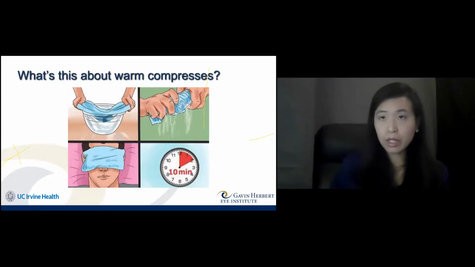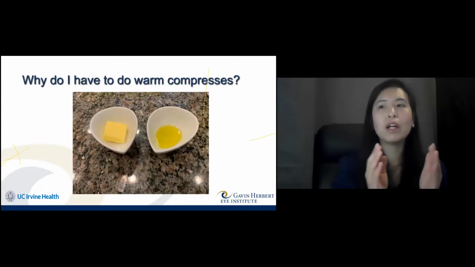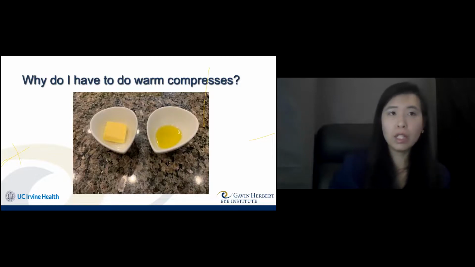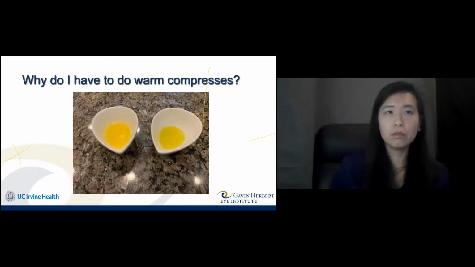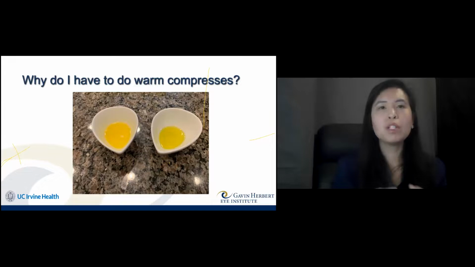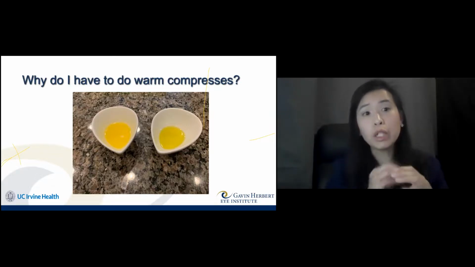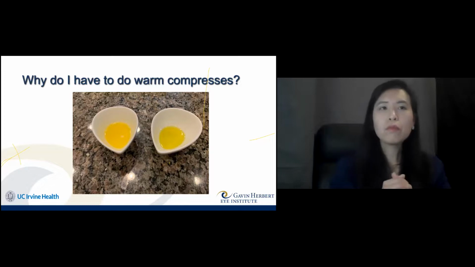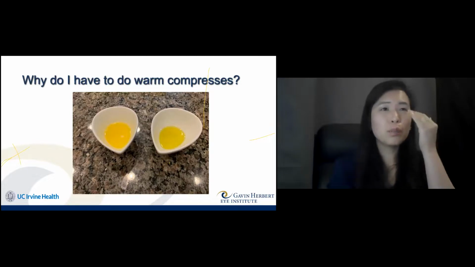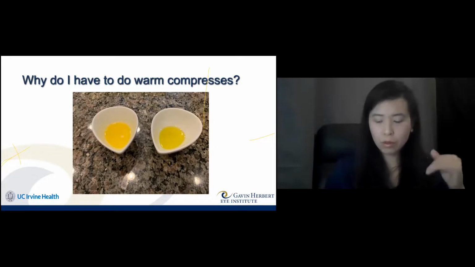But why are we doing this? Remember I showed you this before, that you want olive oil, but some of you have butter. So how can I make that butter more like the olive oil? You heat it, right? That's a simple concept. That is why we're doing the warm compress, but also the warmth opens up the opening of the ducts that bring the tears out. So it's doing both things. The warm compresses also loosen up all of that dandruff-like material on the eyelashes and make it easier to wash off, which brings me to